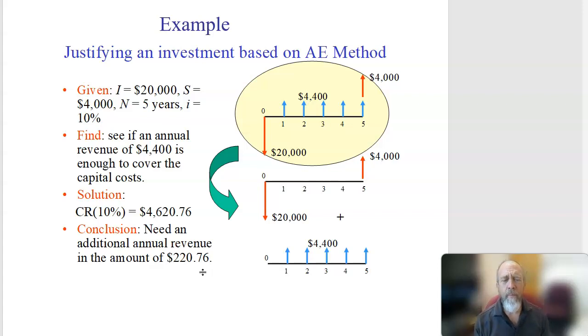Now, what variables might come into play? There was one assumed variable for this, which was the interest rate, the 10%. Maybe this might be a better investment at a lower interest rate,